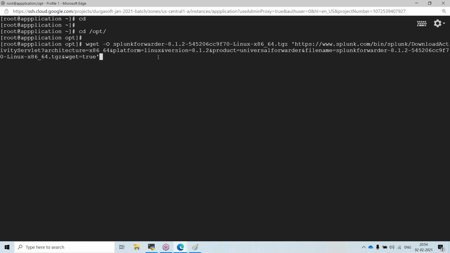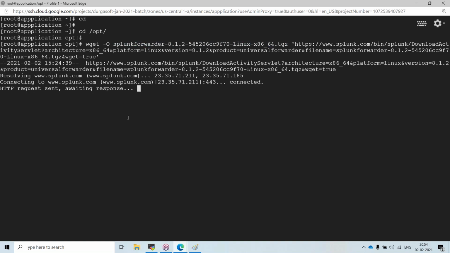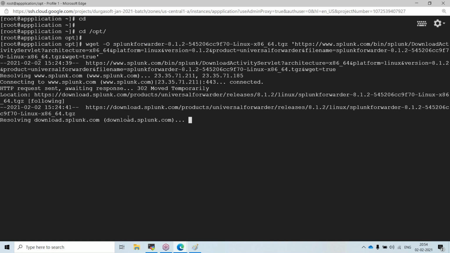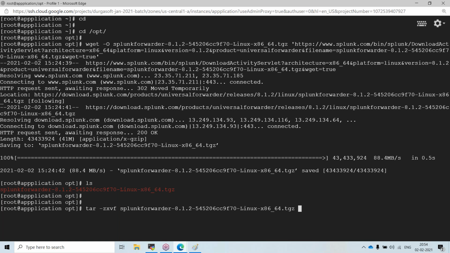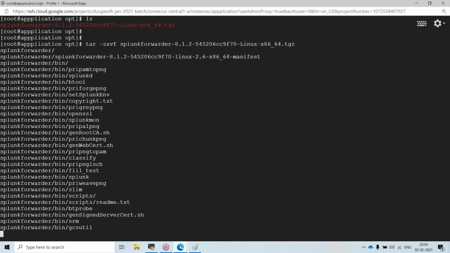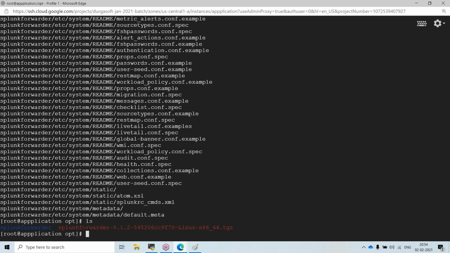This is the Splunk forwarder. Now I will be extracting it with tar -zxvf. ls.